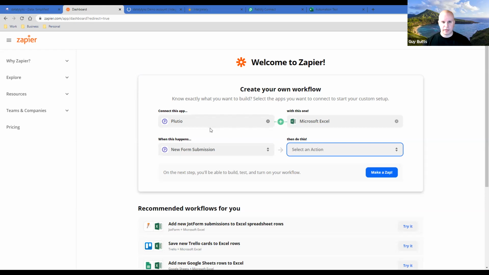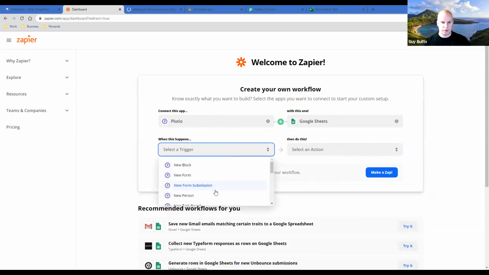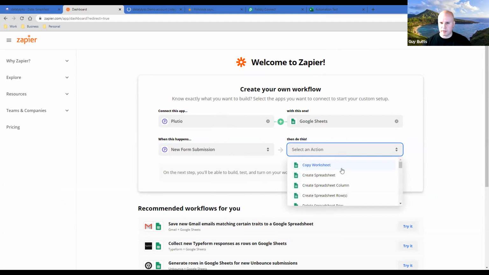So we have right here, again, we're using Zapier, just to recap. We've got new form submission to Excel. Again, this user wanted Google Sheets, and you would do the exact same thing right here. You go to Google Sheets, pull up the app, grab your same trigger, new form submission, and then you would go create. Where's that? Right here, not spreadsheet. Create spreadsheet row. Sorry about that, guys. Create spreadsheet row